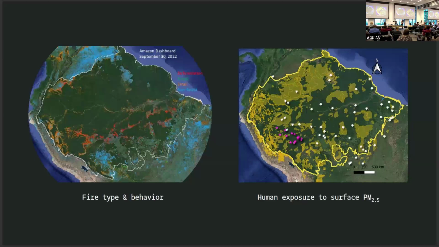And so really looking forward to connecting some of these satellite-based data sets that tell us something about where emissions are going and what exposure might be like on the ground, and actually grounding that with what people are breathing at nose level day in and day out, especially at night where we don't have satellite observations. So anyway, look forward to reporting on some of those results in a future meeting. Thanks.